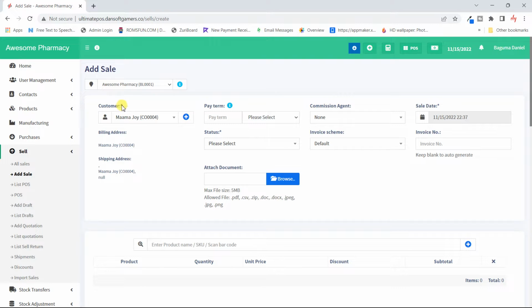Set the customer. Remember, everything that has a star at the end is a required field. So Mama Joy, it will show us all the details. Remember, we didn't put any shipping details, so that's why most of these have not been filled. So we shall look at